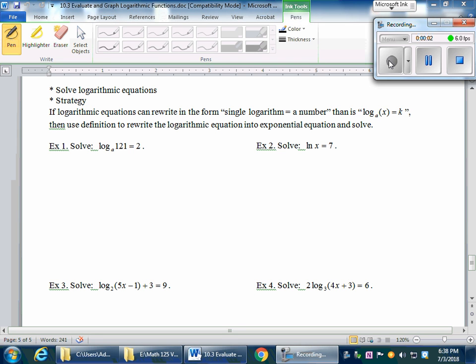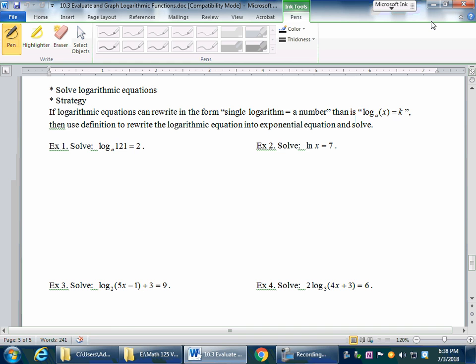The last topic that we want to talk about in this section is solving a particular type of logarithmic equation. Now, how do I distinguish later on? I have to use this idea when everything is mixed up. So when the logarithmic equation can be rewritten as a single logarithm on one side of the equal sign and equal to a number on the other side,